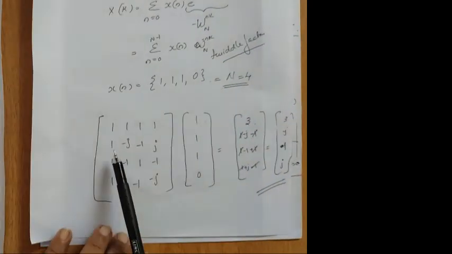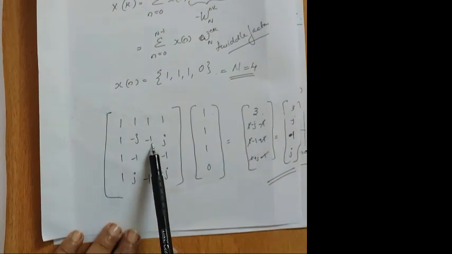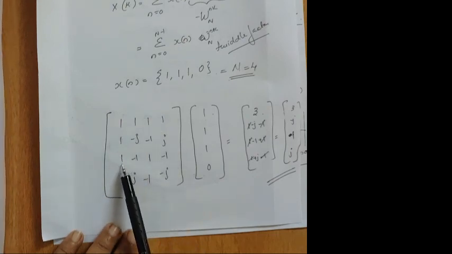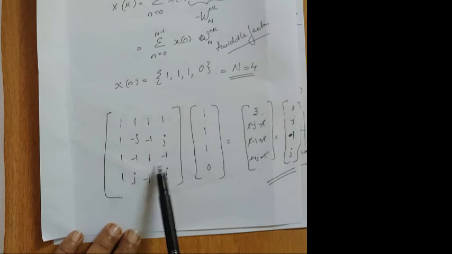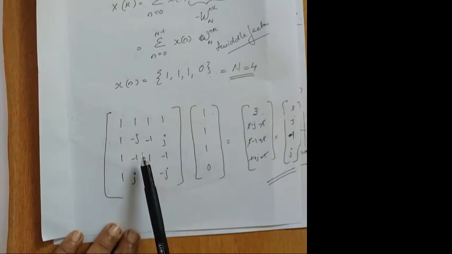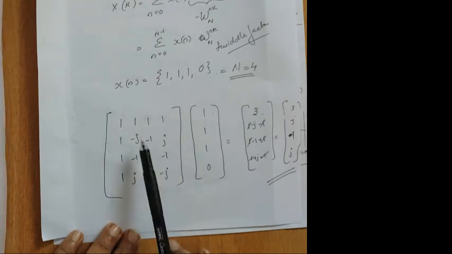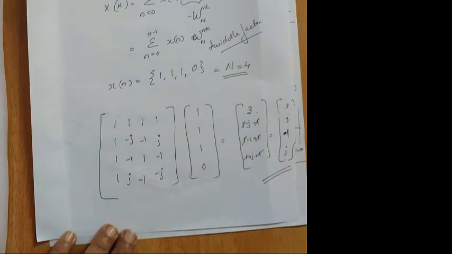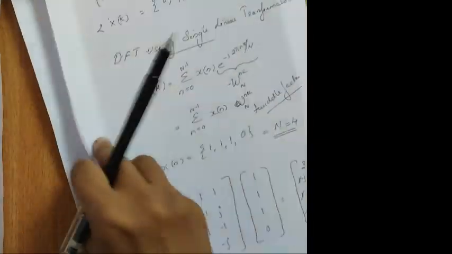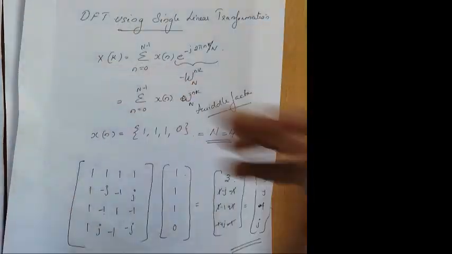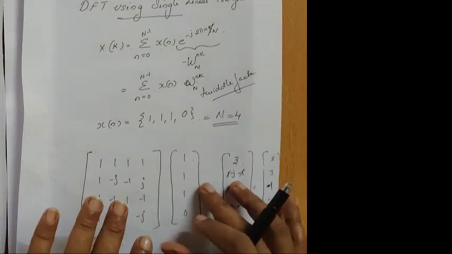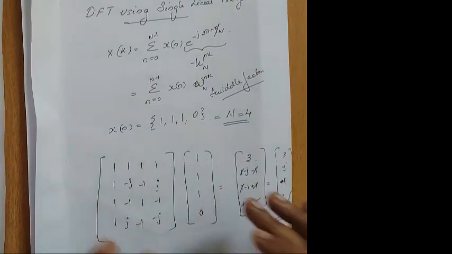This omega value, you can compose this. This is omega 2 power 0, 2 power 1, 2 power 2, 2 power 3. Then 3 power 0, 3 power 1, 3 power 2, 3 power 3, 4 power 0, 4 power, like that it is coming. So with this help, you can find the equation directly, instead of going for a long sequence. This you have done in 2 pages. Now this is only half of a page. Hope you got this. See you in the next video. Thank you.